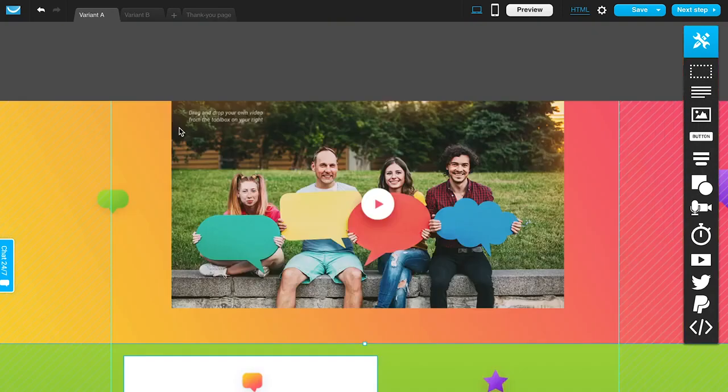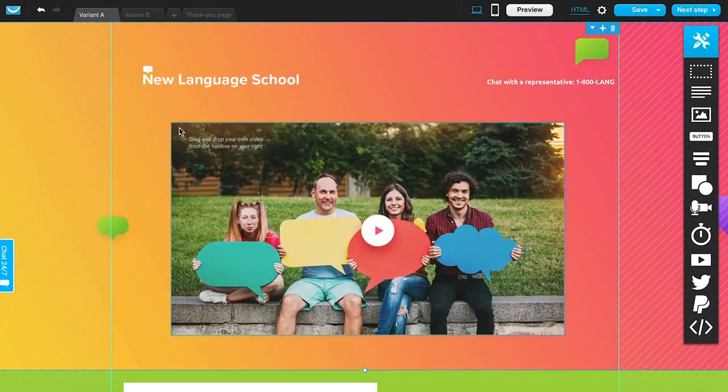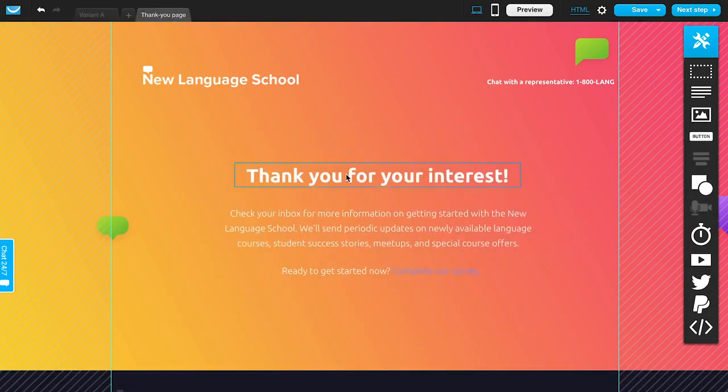And so you can play around with the different variations of your page to see what's working best. But you can also just delete this variation if you don't actually need it in this example. And then the thank you page is, again, what people are going to see whenever they submit the form. If you want people to see this view after they sign up rather than a different URL on your website, make sure you customize this as well, for whatever it is you want people to see. So, uploading your own logo, updating all of this template information,